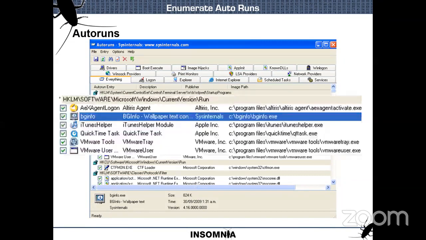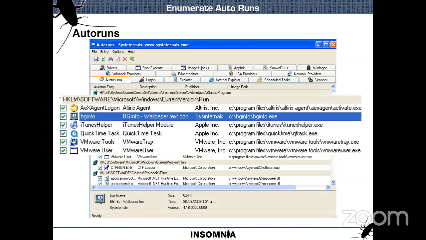So I'm talking about BGInfo. BGInfo is a tool we sometimes see. It's used to display a background of system stats, etc. Useful for admins when they forget what server they are on.